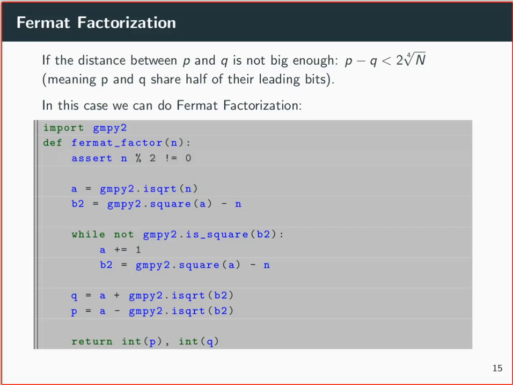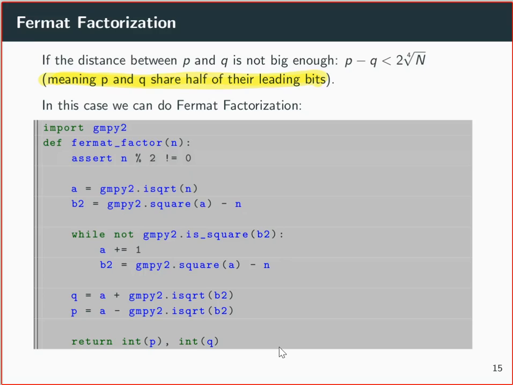Namely, if P and Q share half of their upper bits. So if you have a 512 bit prime, if 256 of the leading bits are the same in P and Q, then, for example, we can use Fermat factorization to factorize n and therefore recover phi of n, and then we can just calculate the